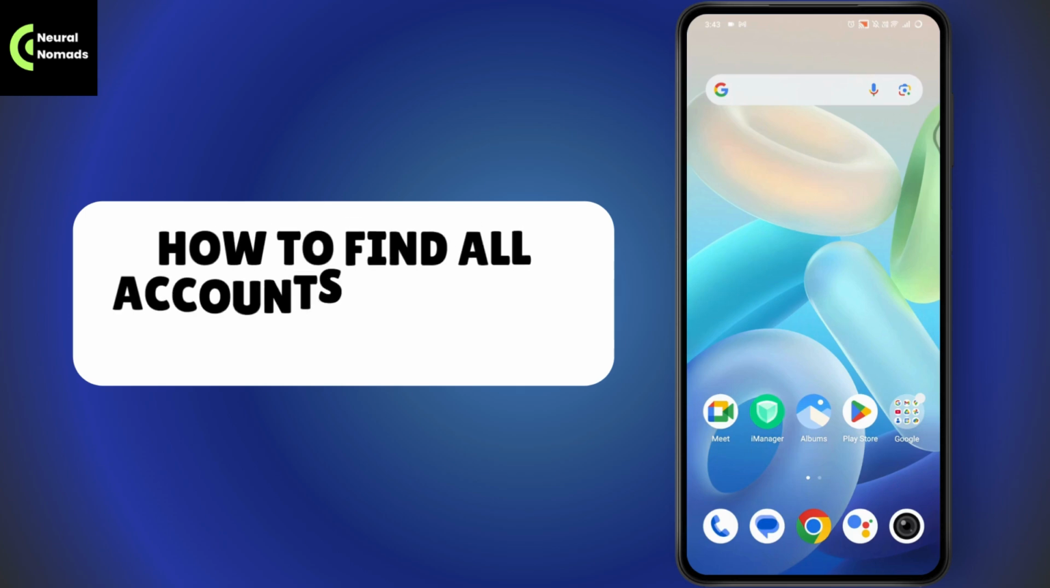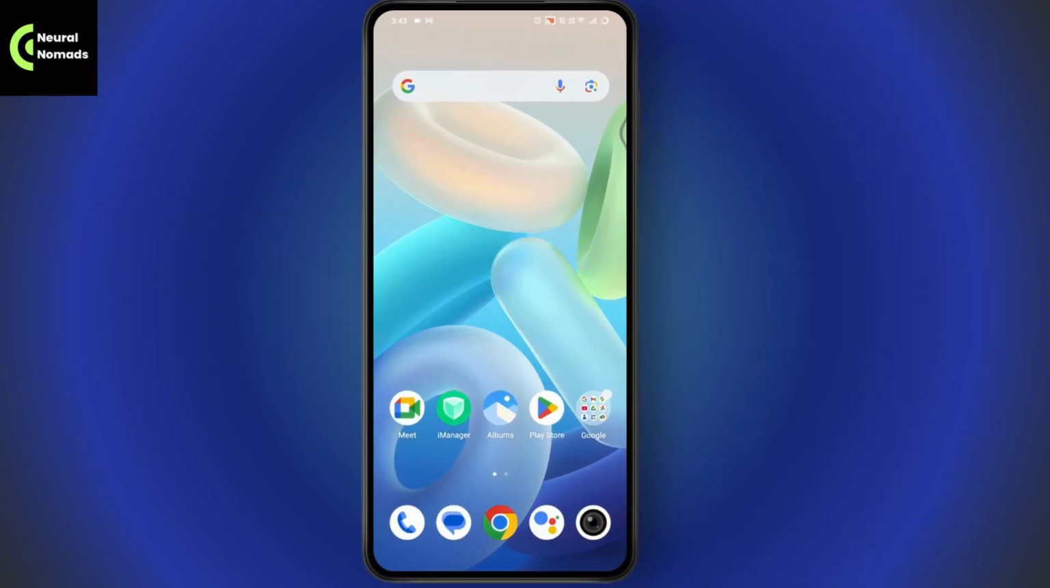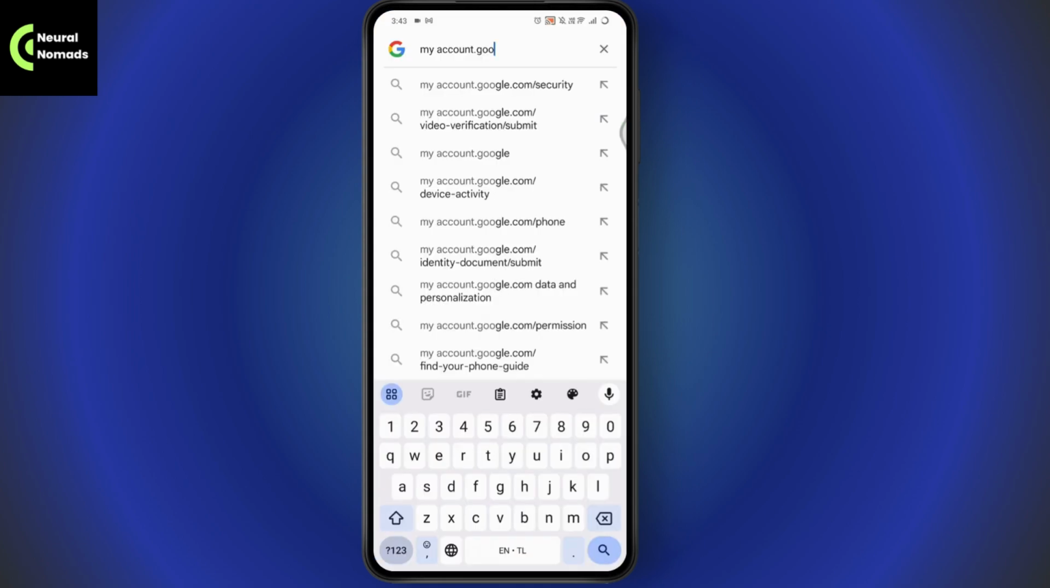How to find all accounts linked to my email address. So if you want to find all accounts linked to your email address, then what you need to do is first simply go to Google and search for